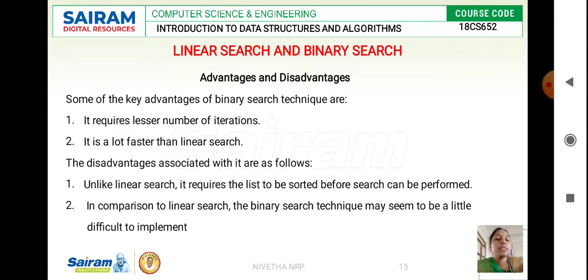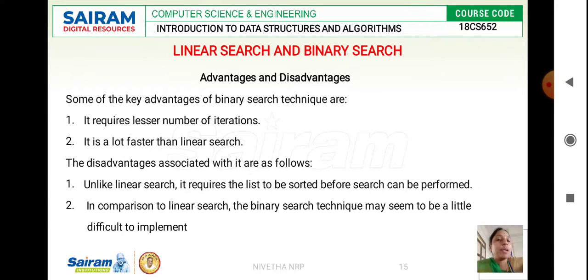The advantage here, compared with linear search, is that the number of iterations is less, as we restrict the search based on the condition. It has to fall under only one of the 3 cases, and we go with that condition alone, ignoring the remaining 2. So the number of iterations is comparatively less than linear search, and it is also a faster approach compared to linear search. Hence we use the concept of divide and conquer.